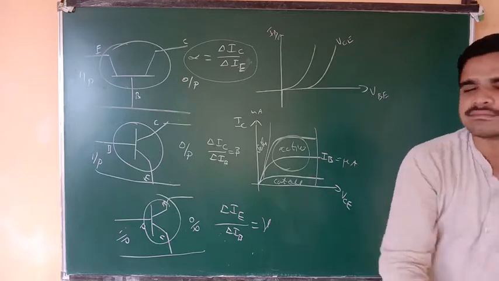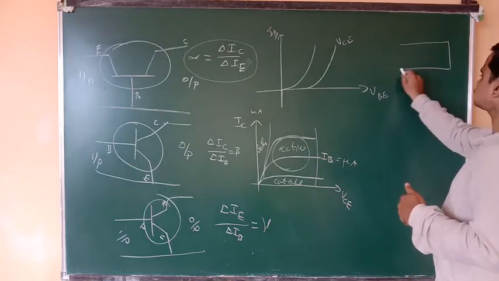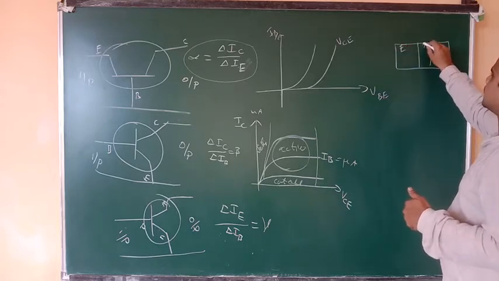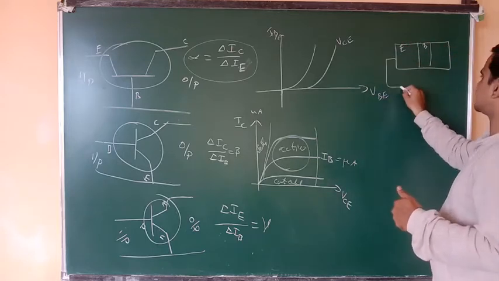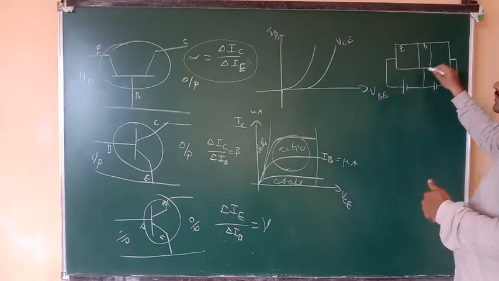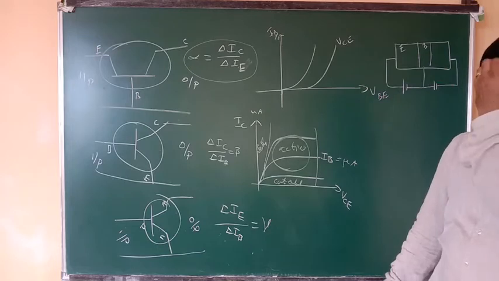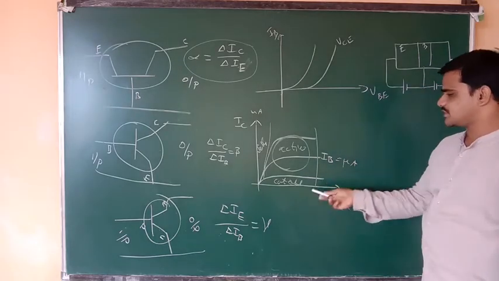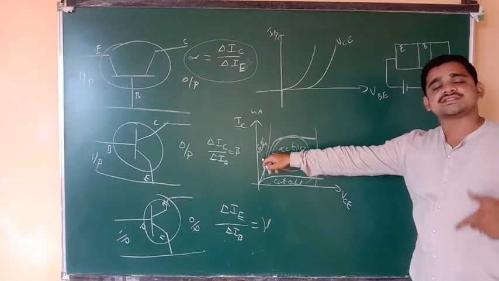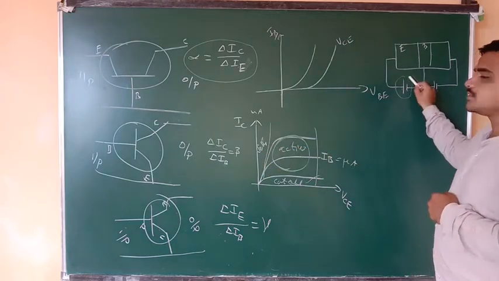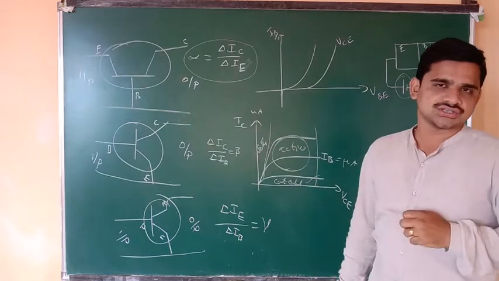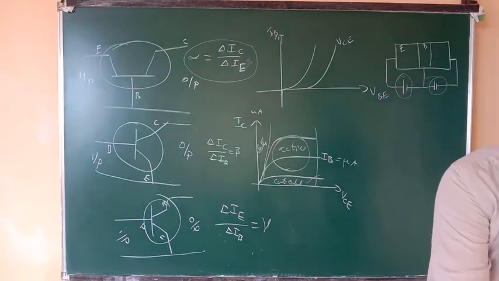Now remember here, a transistor will have two junctions. This is called the emitter junction and this is called the collector junction. This collector junction can be connected in forward bias or in reverse bias depending on the terminals which we are connecting. When you connect these two junctions in reverse bias, we get a cutoff region. When these two junctions are connected in forward bias, we get the saturation region. When one is connected in forward bias and the other in reverse bias, then we will get the active region. Understood here? Active region.